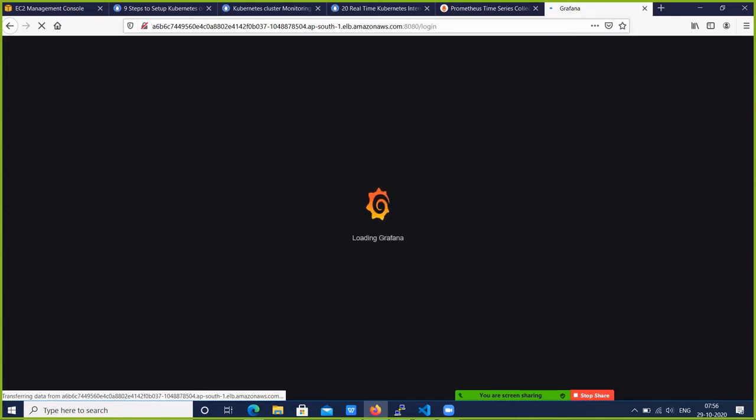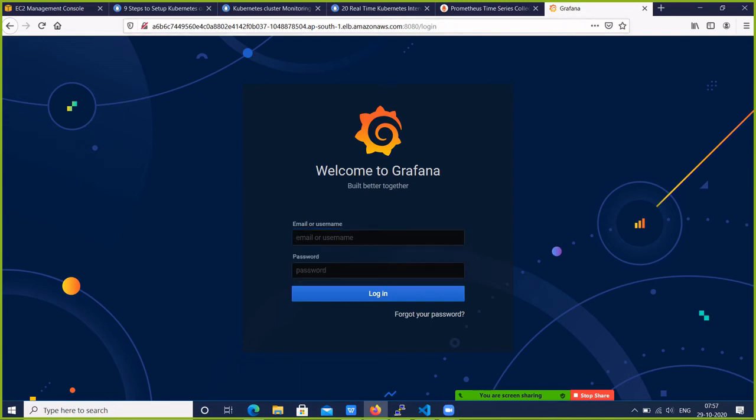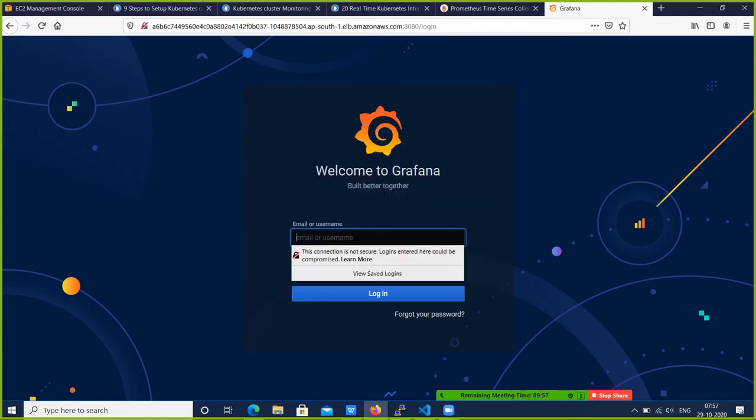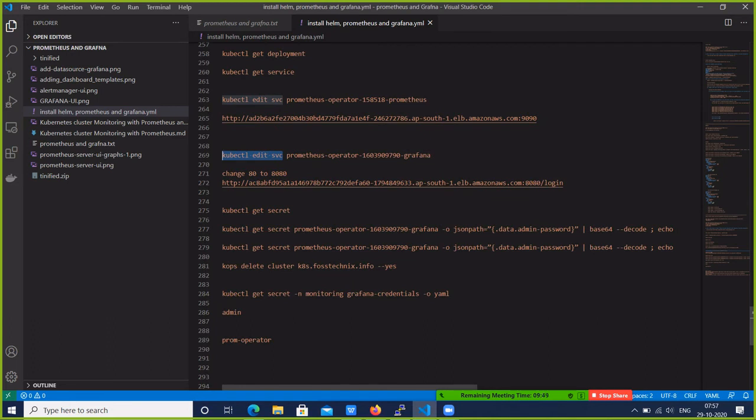Okay, so Grafana is changed from cluster IP to load balancer running on port 8080. You can bind to the URL also. For the default username, you have to run a command to get the username. You have to run this